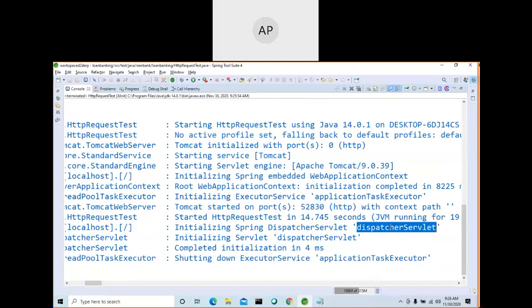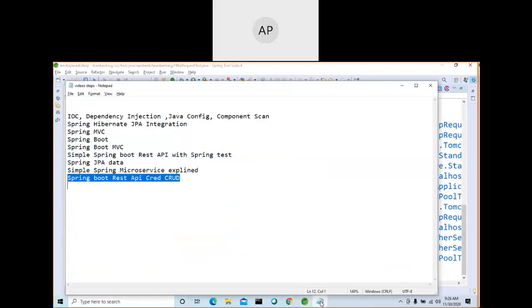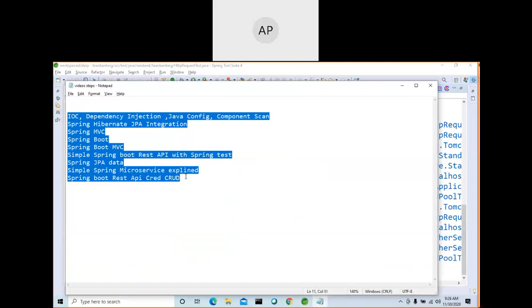and see here your Spring test is starting the Tomcat and deploying the Spring Boot application. See which port, random. It took a port called 52830, and your application is deployed, and the dispatcher servlet.